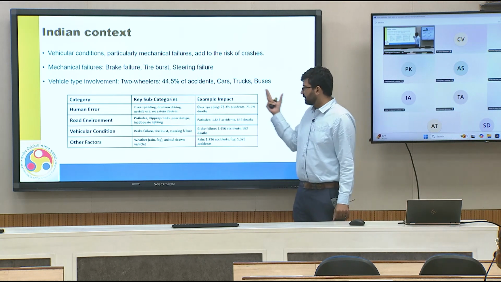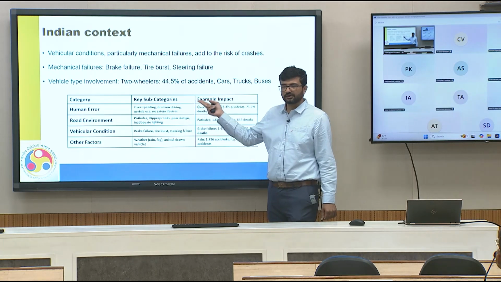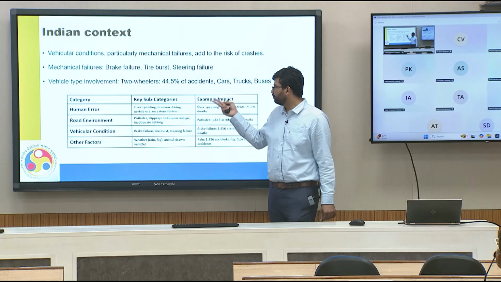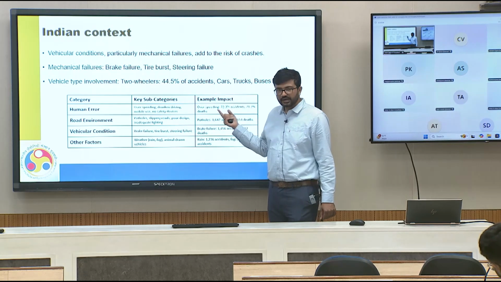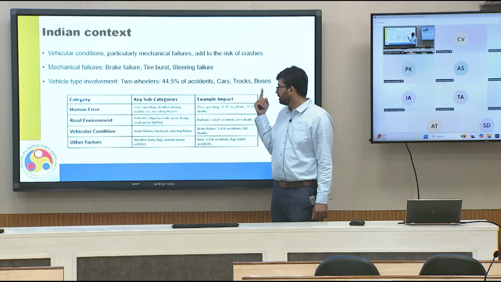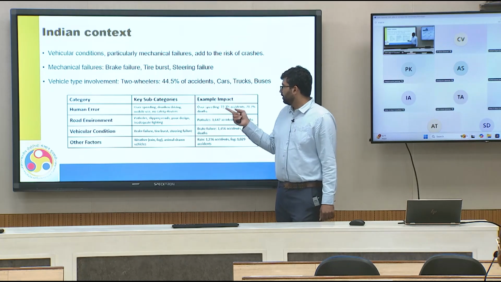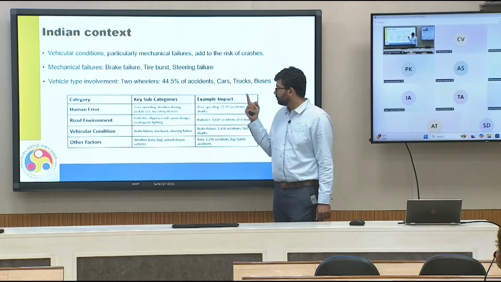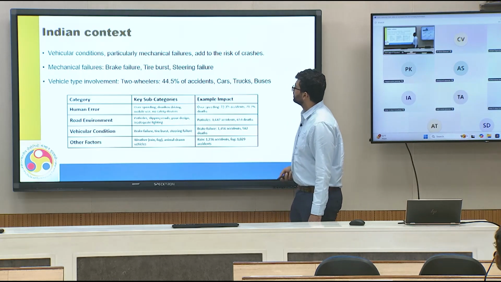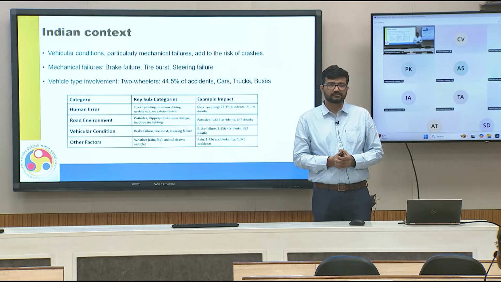So, just a summary, you can see the errors related to driving behavior or human error, road environment, vehicular condition, or other factors. For human error, overspeeding, drunk driving, use of cell phone, or not using safety devices are the primary constituents. For road environment, you can see potholes, slippery roads, and all. Okay. So, now from both scenarios, what you can see is that driving behavior is a